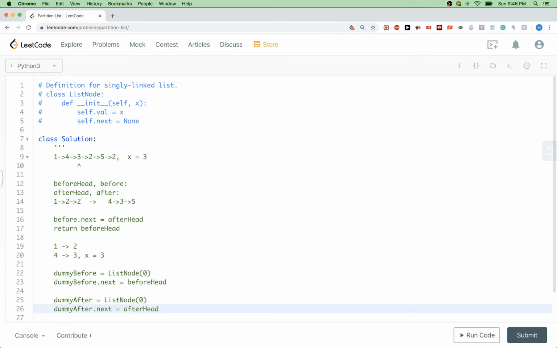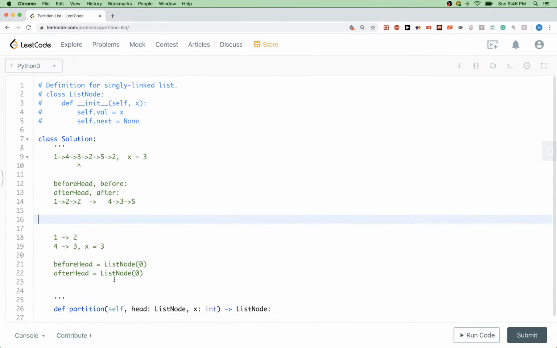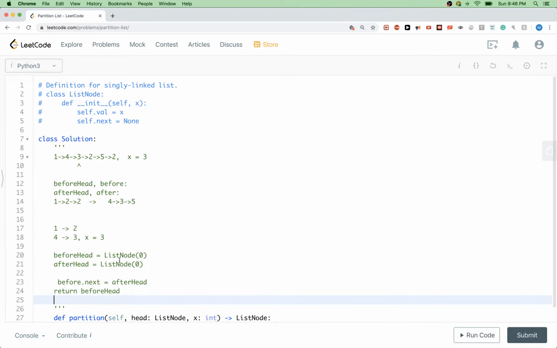But it would be easier actually to just say, okay, dummy before instead. Let's just name this before head and just get rid of the entire thing. And so that before head dot next would be equal to something that we'll set later, and we'll initialize after head to be equal to this, pretty much. That way, when we are setting here, instead of doing this, we'll do something different, because after head starts out with a dummy node,